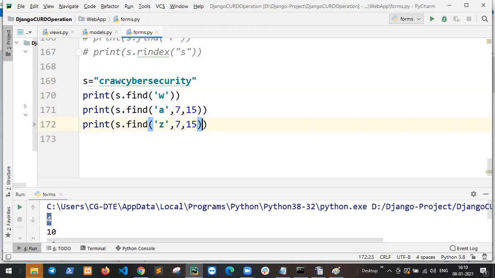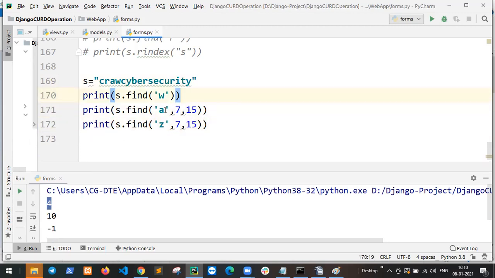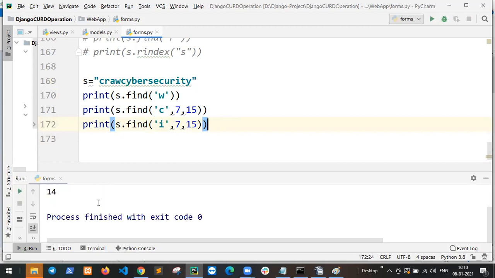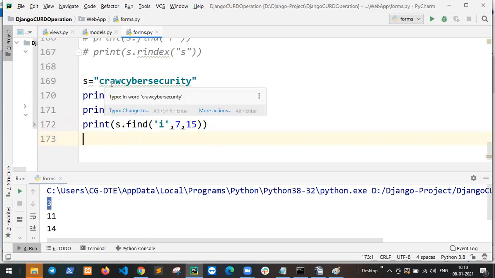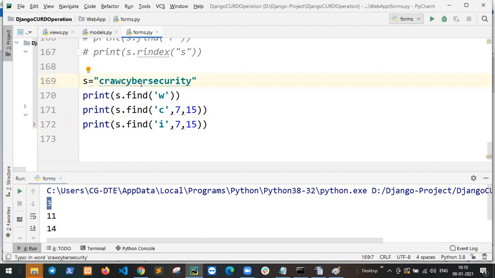Okay, 7 and 15. C and I. So what is this output? 3.